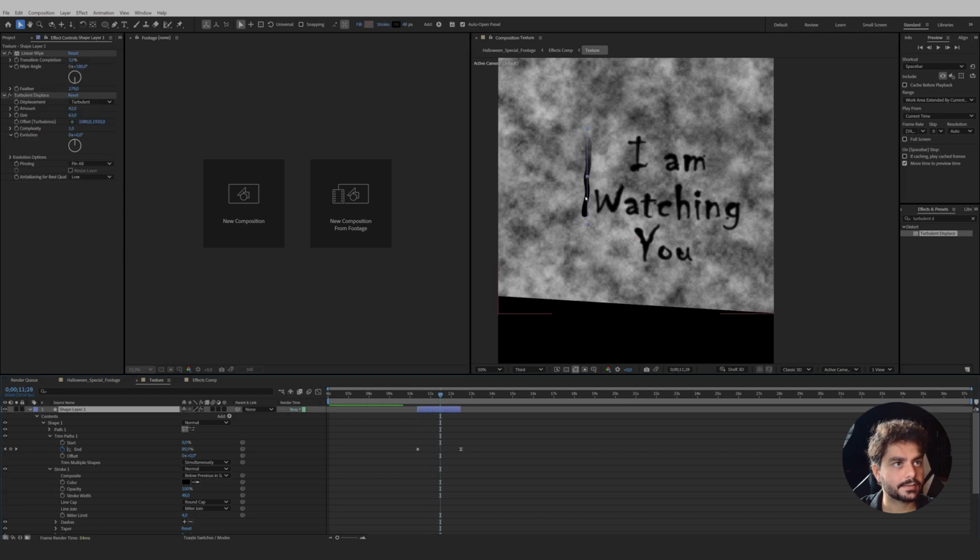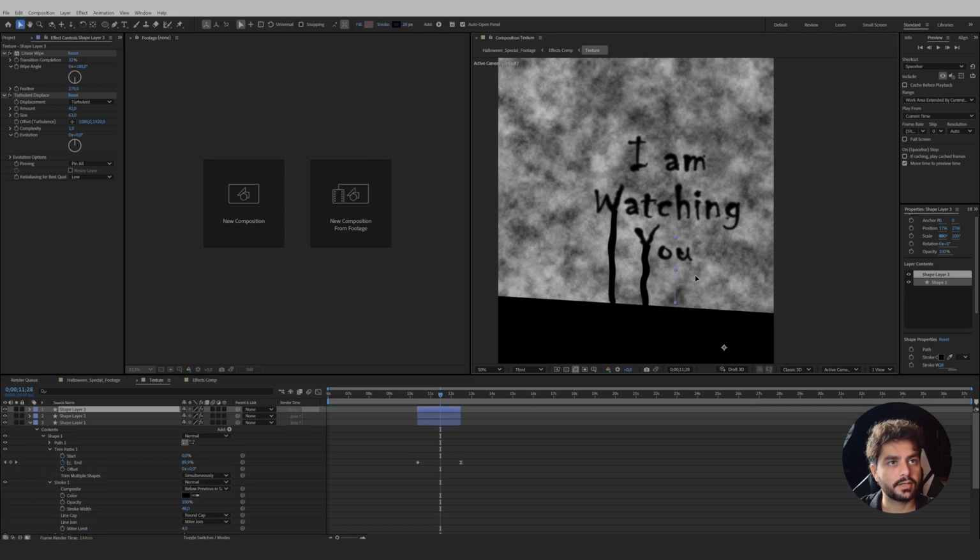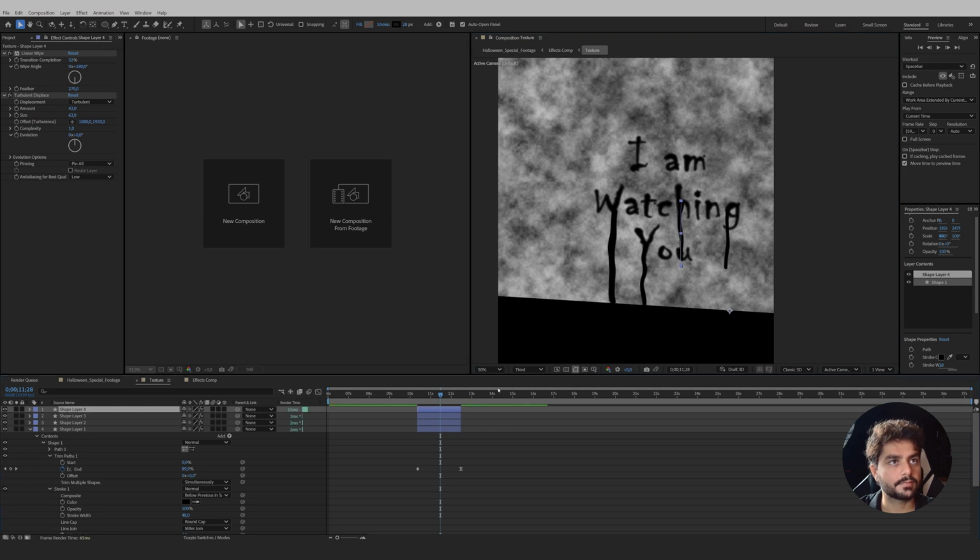So now you can click on this and place it wherever you want. Then duplicate it and place it somewhere else. If you want, you can press G on the keyboard and click on one of these points and then move it up to change the vibe. You can also even change the thickness of the stroke and then duplicate it as many times as you want and create some variation here and there. I'm placing this on the thicker parts of the text so it looks realistic, and maybe like right here and one right here and maybe one more